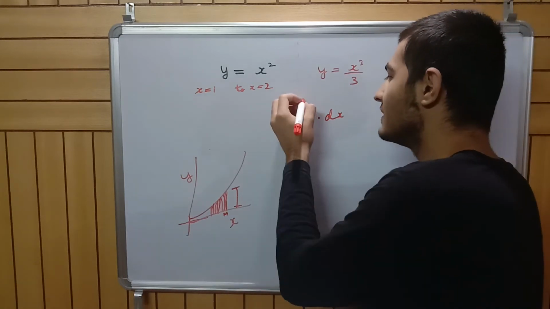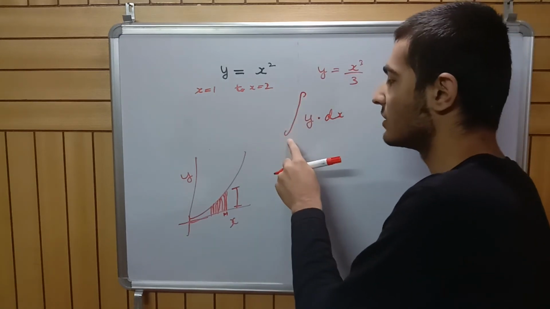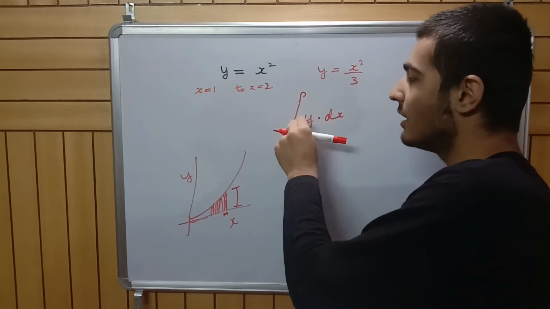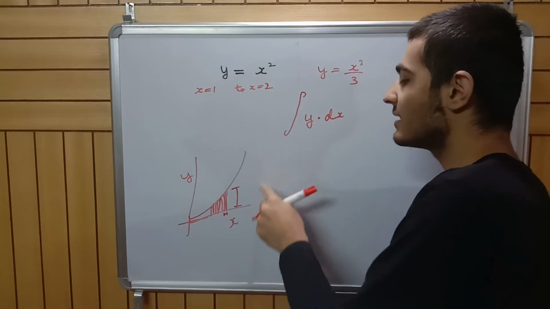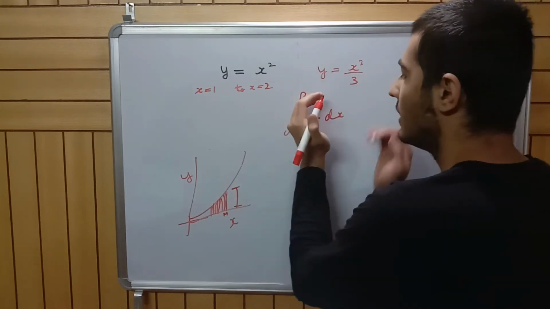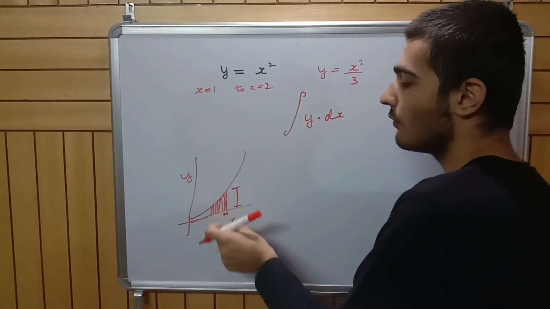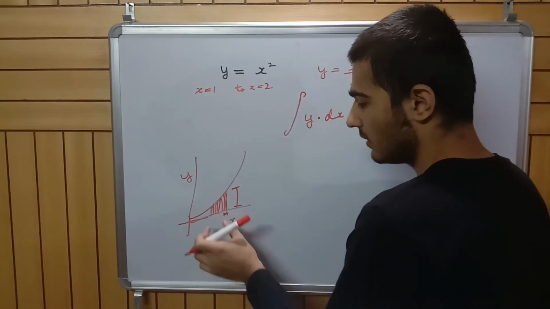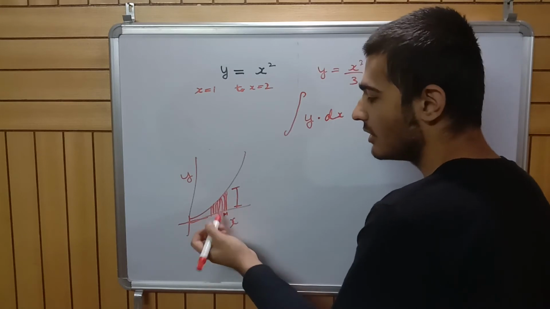So we actually use this symbol for integral, integration. We add all the small rectangles to get the total area. So this whole notation stands for this whole area. This y dx represents the area of one rectangle. This whole notation represents the area between two limits, under the